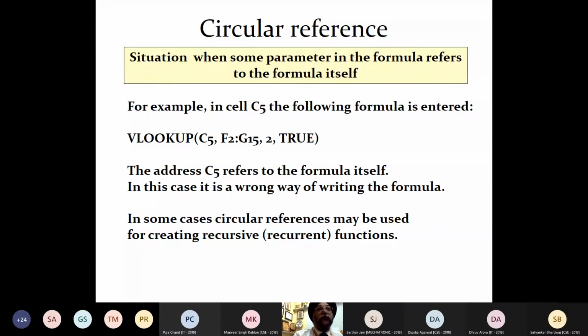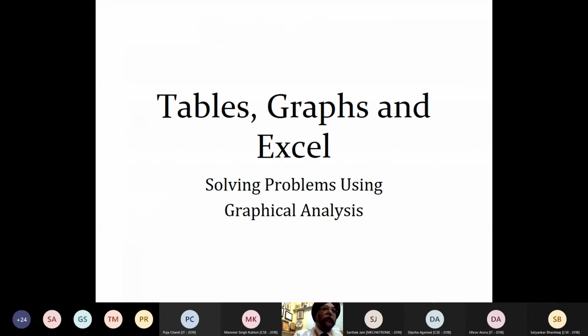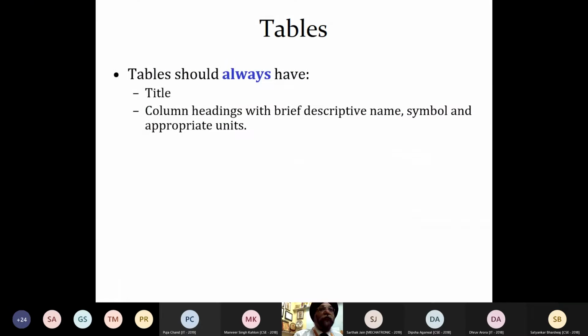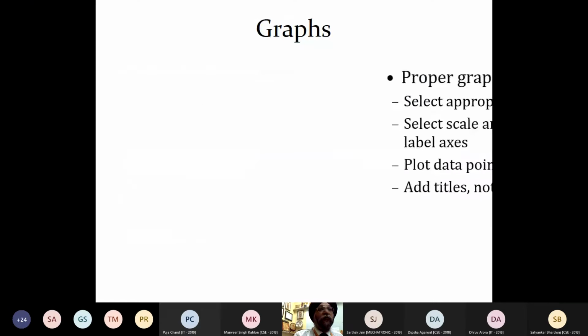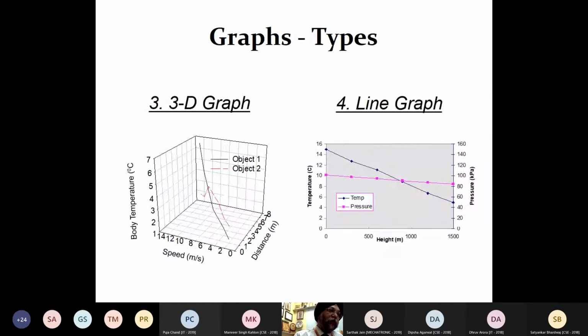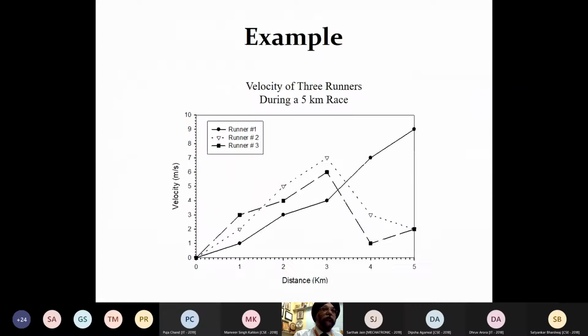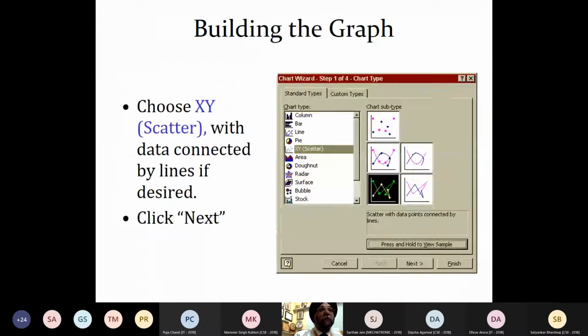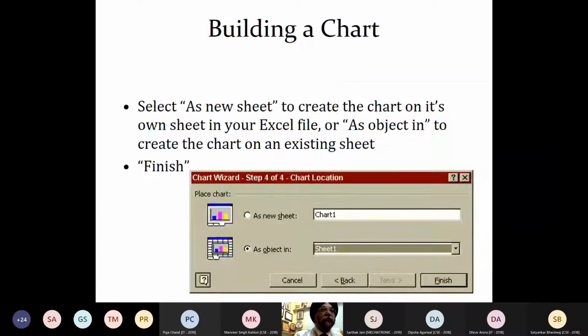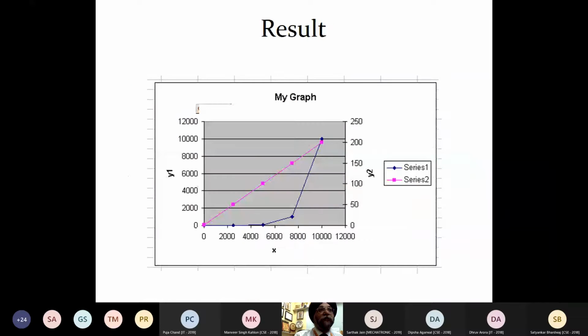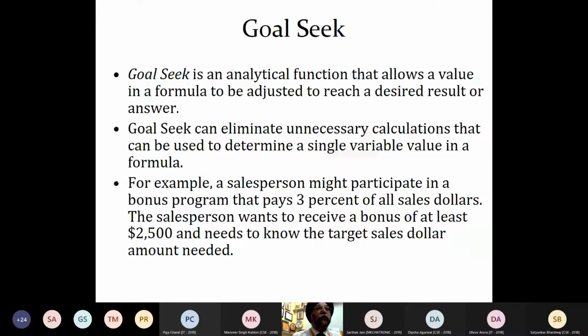So this is one. Okay, tables, graphs, and Excel we have gone. But what are tables? How tables look like, and what we do? Graphs, various types of graphs you have prepared, and you have shown me also yesterday various types of graphs after preparing it. Okay, so this we have gone with all the graphs. Now today we will be going with this goal-seek model.